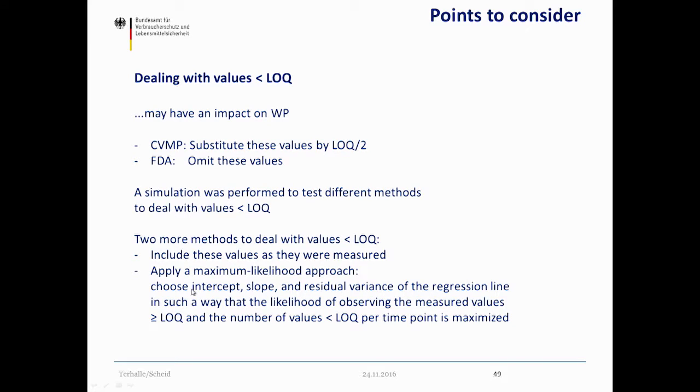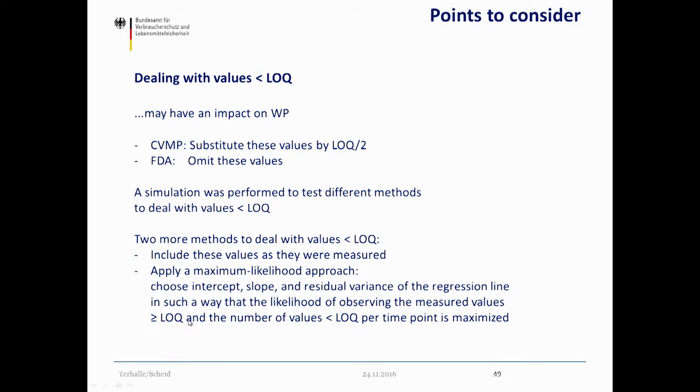And the model that was used was: he chose intercept, slope and residual variance of a regression line in such a way that the likelihood of observing the measured values. This is the definition of the maximum likelihood. You choose an intercept, slope and residual variance of the regression line in such a way that the likelihood of observing the measured values